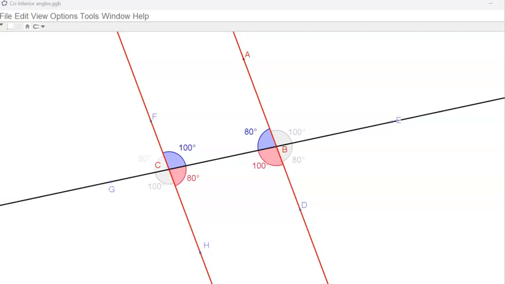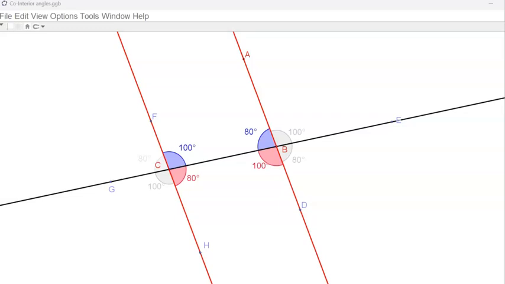This is Maths Clinic series, and in this video we are going to look at co-interior angles. Co-interior angles. When we talk about co-interior angles, we are looking at angles that are inside two parallel